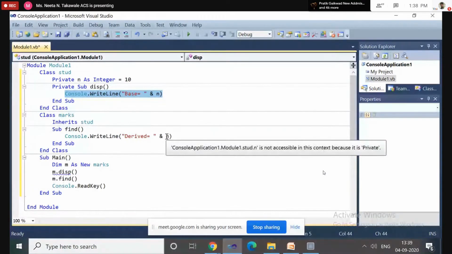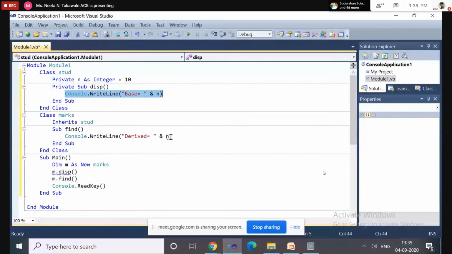But look here, it is giving an error message inside Find, because Find is a method defined inside the derived class. It is showing the error message: it is not accessible in this context because it is private. Under n it is showing the zigzag line.